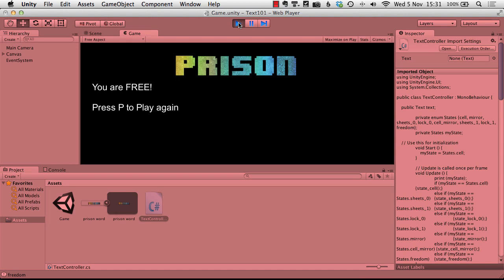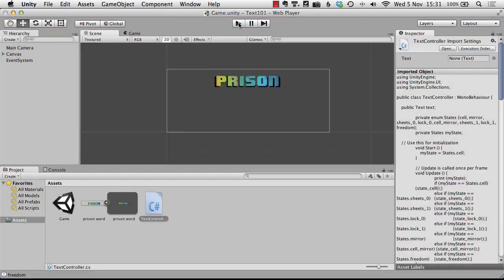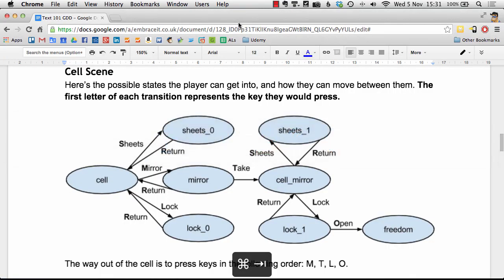We're just going to get used to some slightly tedious work of adding more assets to our game because this is too thin, this is too simple. So let's take a look at the game design document. So far, this has been our state diagram. And as you just saw, if you go M, T, L, O, then you end up out of the prison